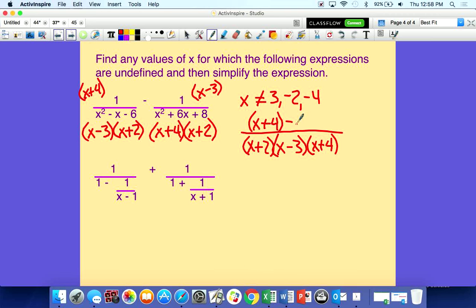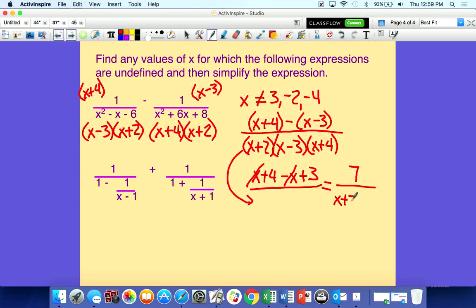Alright, so x minus 3 times 1 is x minus 3. Now notice I'm putting these in parentheses because this minus sign has got to be distributed through there. So we've got x plus 4 minus (x plus 3) over all of that stuff. When we simplify the top, the x's go away. So then we're left with 7 over x plus 2,